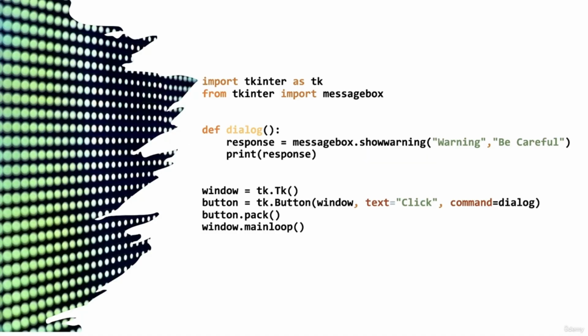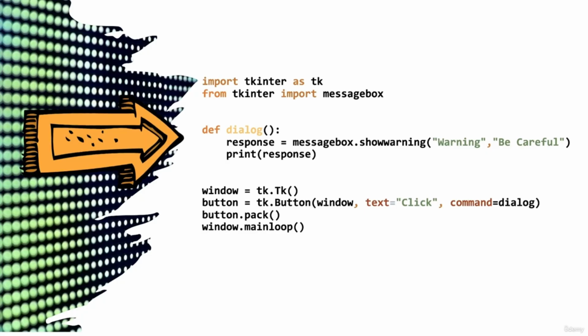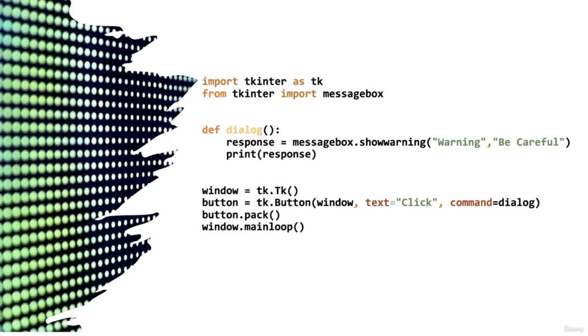So let's proceed with a practical example. I will import the Tkinter package and the MessageBox module as usual, create a callback where I will incorporate the show warning function, as well as utilize the print function to display the stored value of our variable in our console. So we will create a window widget as well as the button widget, bind the callback, pack the button widget,